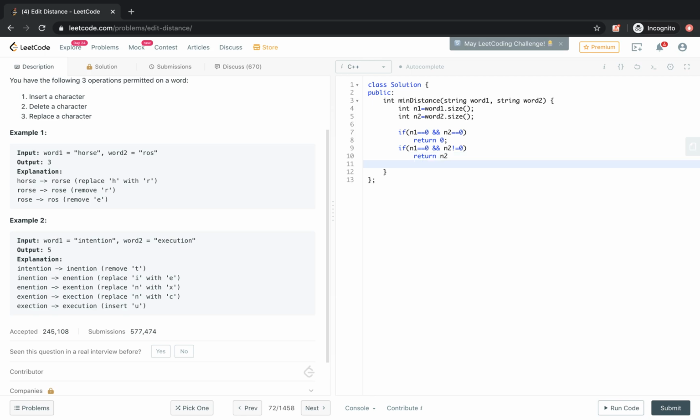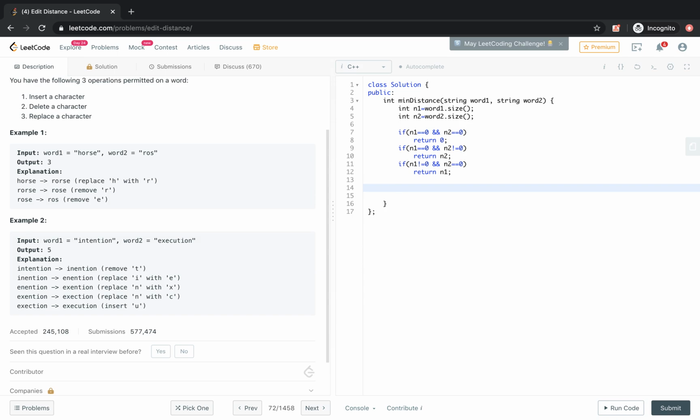Similarly, if n1 is not equal to 0 and n2 is equal to 0, then we can return n1. So these are the base conditions we can write.